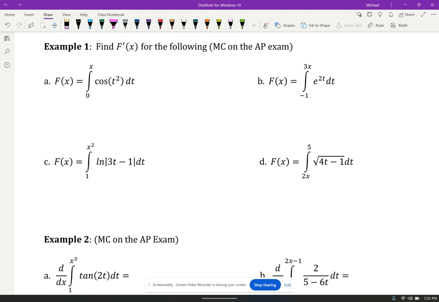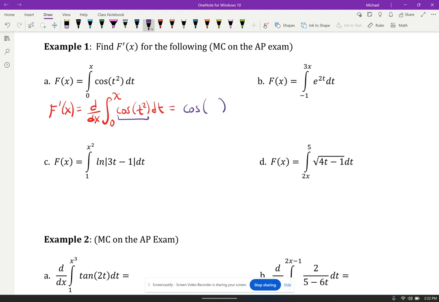But we're looking for F prime. Okay, well, let's find F prime. So we're going to take the derivative of this side, which really means take the derivative of this integral. But according to the second part of the fundamental theorem, if I'm taking the derivative of the integral, all I have to do is take the integrand,